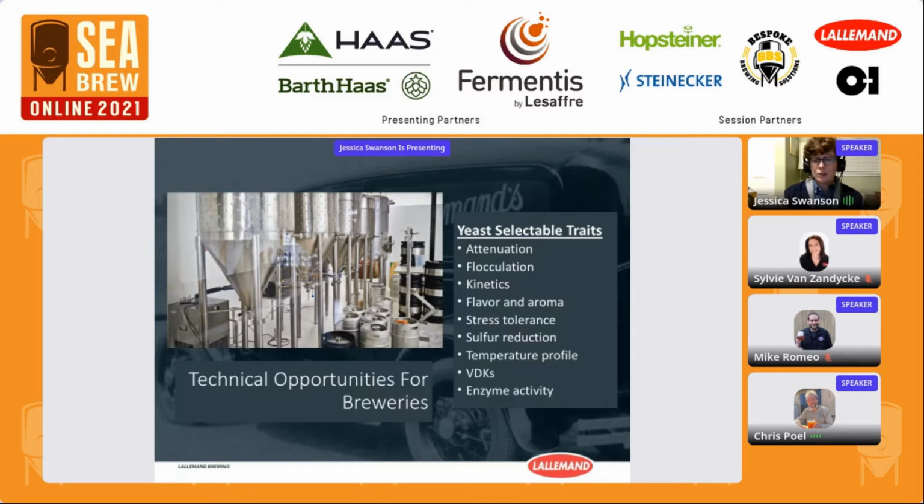We can also change temperature profiles of yeast, so looking at potentially making an ale strain that can ferment at lager temperatures, or vice versa, a lager strain that can ferment at warmer temperatures, and maybe you can create quicker tank turnarounds. We can reduce VDKs of yeast as well, so potentially producing lower VDK lagers or English ales, again increasing your tank turnaround time. And we can incorporate enzyme activities into yeast, or we can remove enzyme activity in yeast,